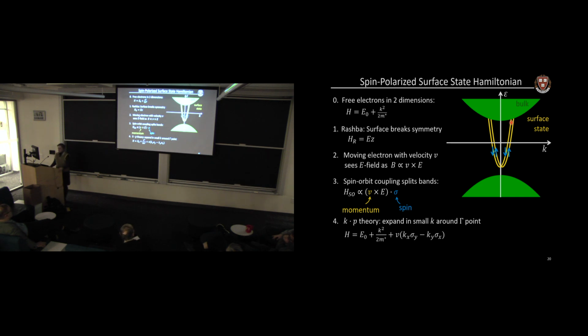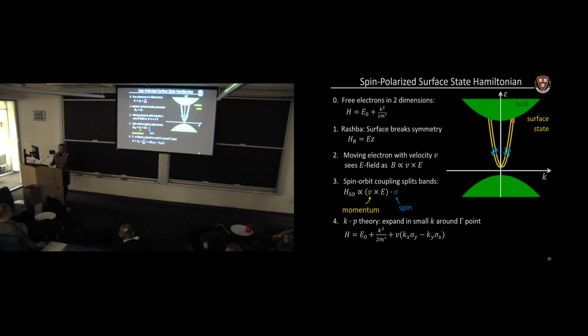But this isn't enough to make a topological material, because if we dope the material, if we put more electrons in or take more electrons out, then this Fermi level can move up or down. The filling of these states will change. So this surface state is not topologically protected, the one that I've drawn here phenomenologically, because it's not guaranteed to go through the Fermi level. I could move the Fermi level down, and there would be no conducting surface states, nothing crossing the Fermi level. So although these are spin-split surface states, they're not necessarily topological.